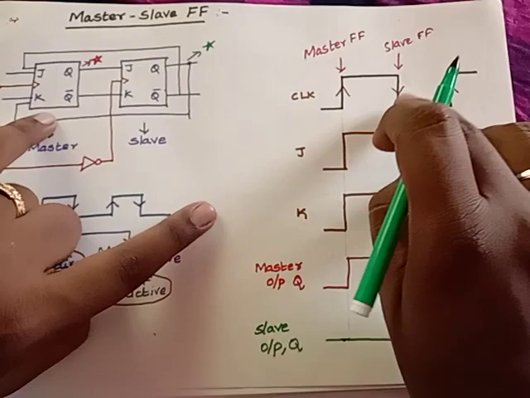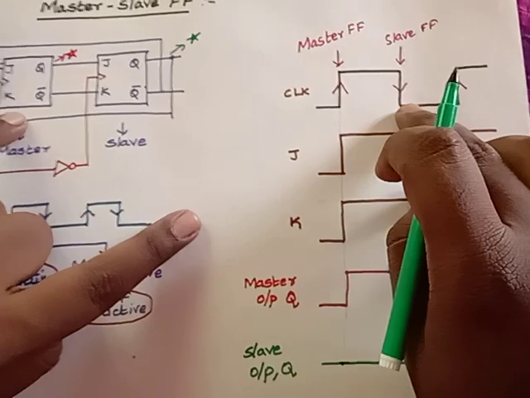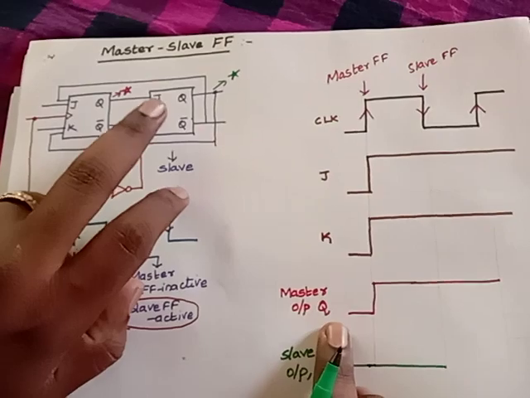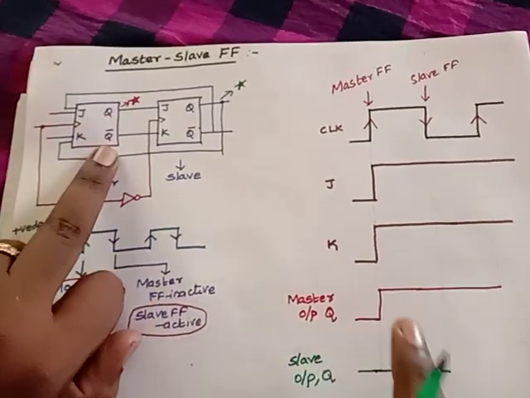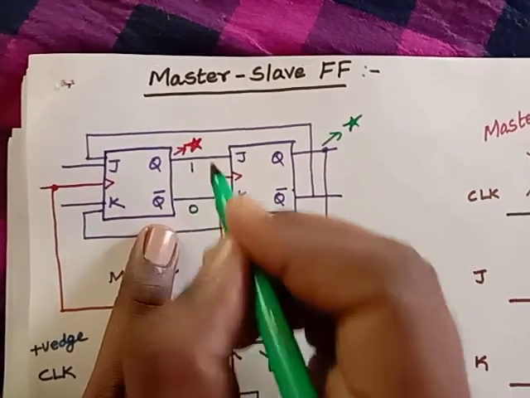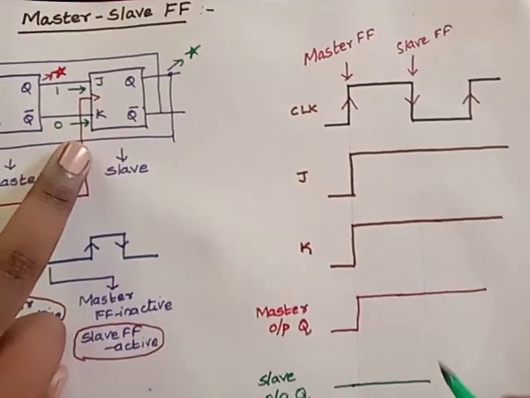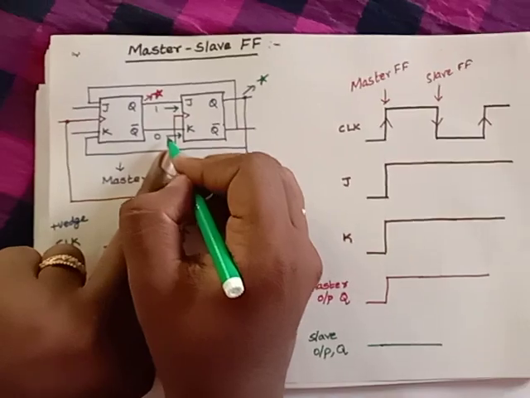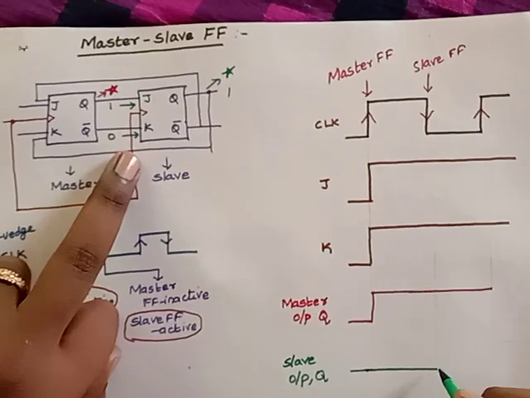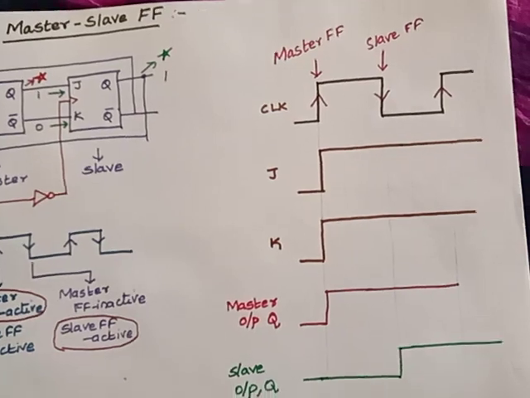But at this end, if you see, your slave flip flop becomes active. That means it has to work now. Now how will it work? When you take the master slave flip flop, what is the input it will take? It will take the input of these two. Now in the first case, this Q value becomes 1 and your Q bar value becomes 0. That will be fed as input to these two. So at this end, the input for this flip flop is 1 and 0, which is nothing but set operation. Set operation means the value should be equal to 1, correct? So now it will change to 1 and it will remain as such till your next negative edge.